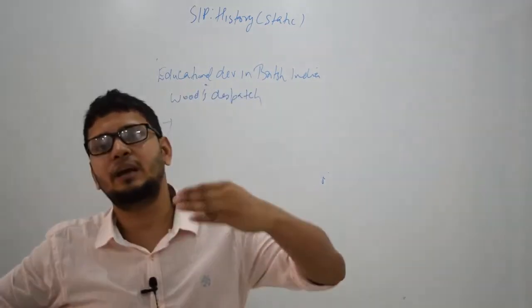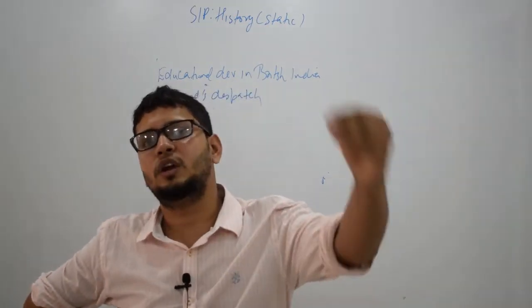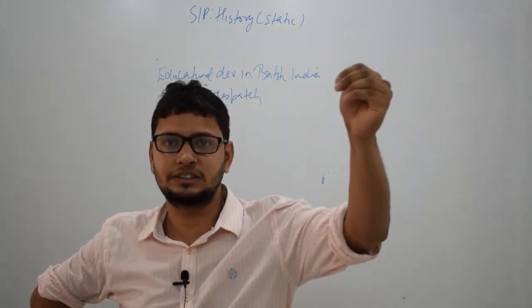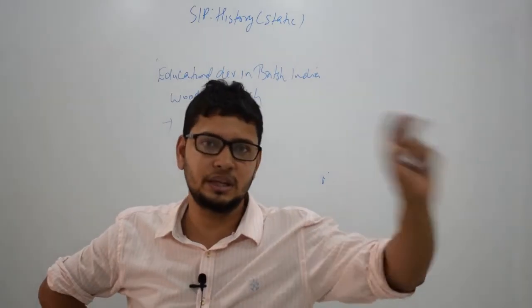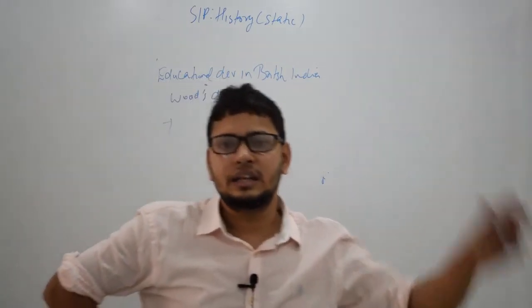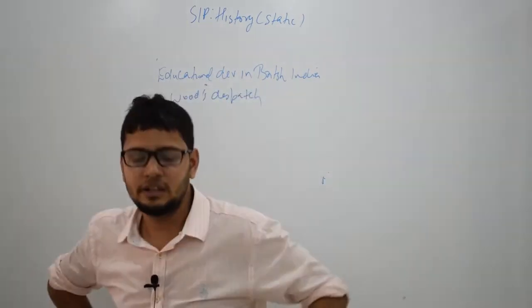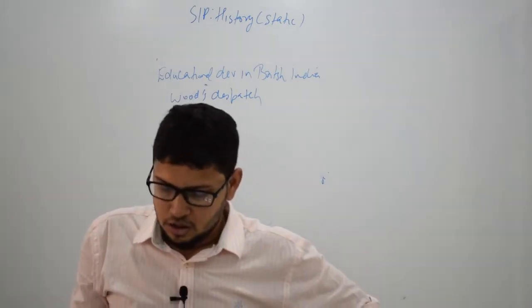So he set three types of education. First is primary, where we should teach vernacular. Then secondary, or high school, where we should use Anglo-vernacular, which means some English and some vernacular. And then in college we should teach in English. Also, he